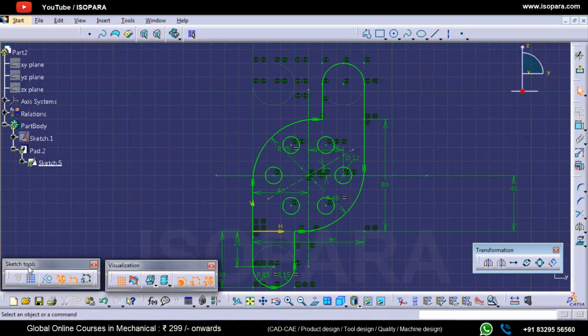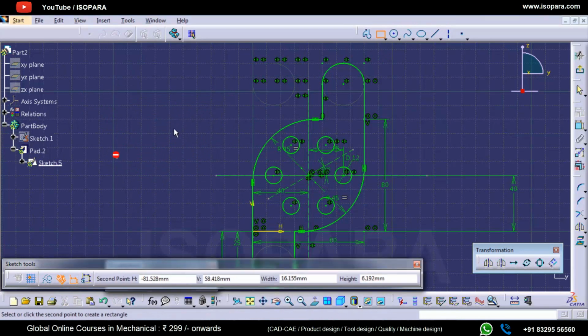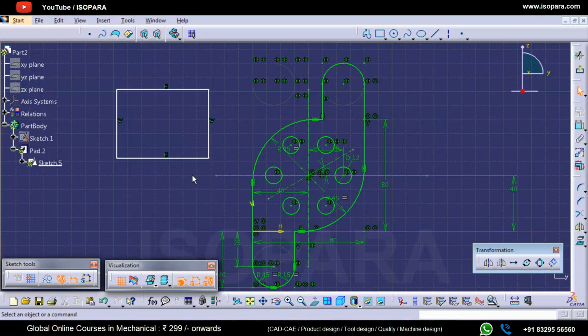Now the next command under the sketch tools is the automatic dimensional constraints. If I turn this on and create a rectangle, it will give the dimensions of length and width. But if I uncheck this one and create a rectangle, you will find no dimensions for the length and breadth. So it depends on the user or the designer whether he prefers this or not. It is basically the user's intention.